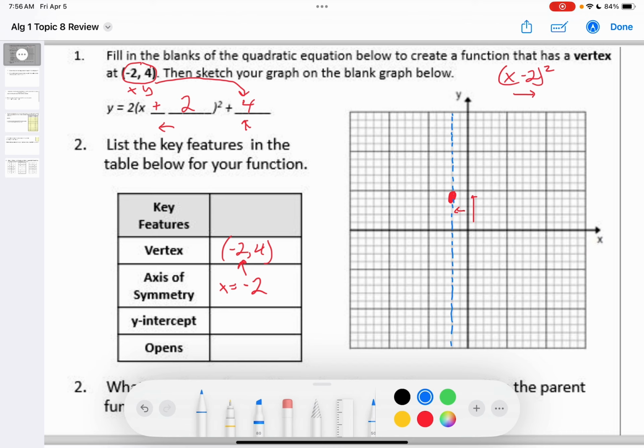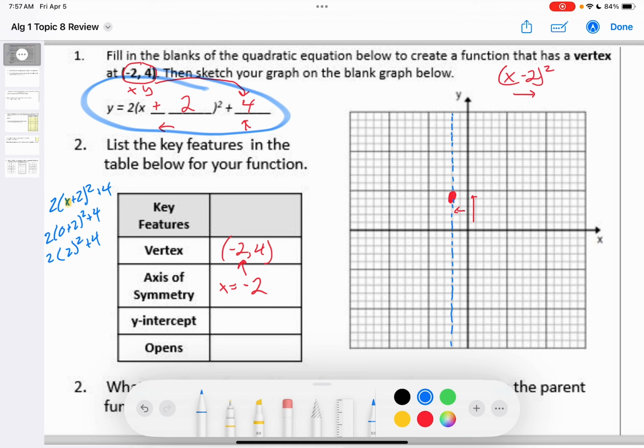Y-intercept, a couple ways to find it. One way would be to convert our equation to standard form. Another way, though, is to simply take the equation 2 times x plus 2 squared plus 4 and substitute in the x with a 0, because the y-intercept is the y value when x equals 0. So if we come back and go 2 times 0 plus 2 squared plus 4, and then in the parentheses 0 plus 2 is just 2,